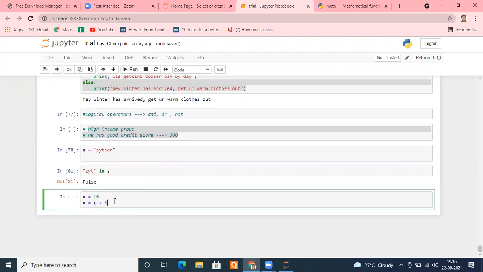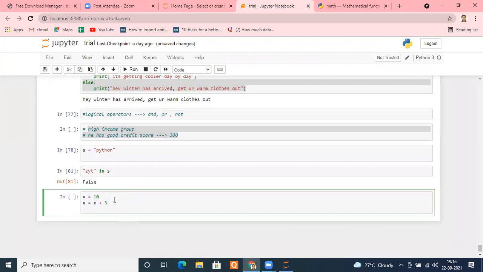They write like this: x plus equals 3. And these two statements are exactly the same thing. If you are seeing x plus equal to 3, it means that x is equal to x plus 3. That's it. Means the source and destination both are the same. We are using x as a destination, using x as a source, and adding to that number 3.